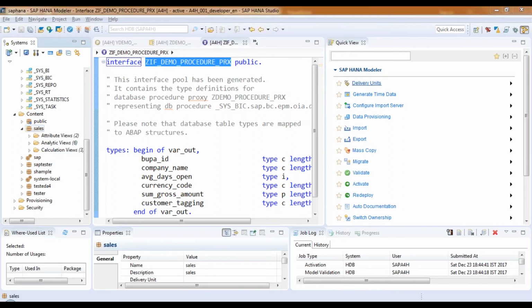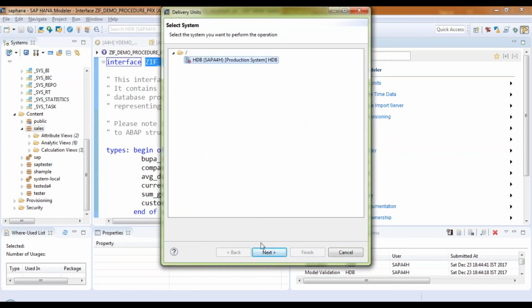So click here on delivery unit, select your DB system, next, and I will create a new delivery unit for all my artifacts which I created in my HANA package. All my views, all my procedures, everything that is created should ideally be in a package, and for that package we create a delivery unit, and we will put it along with the ABAP transport where my proxy objects are being transported to quality.